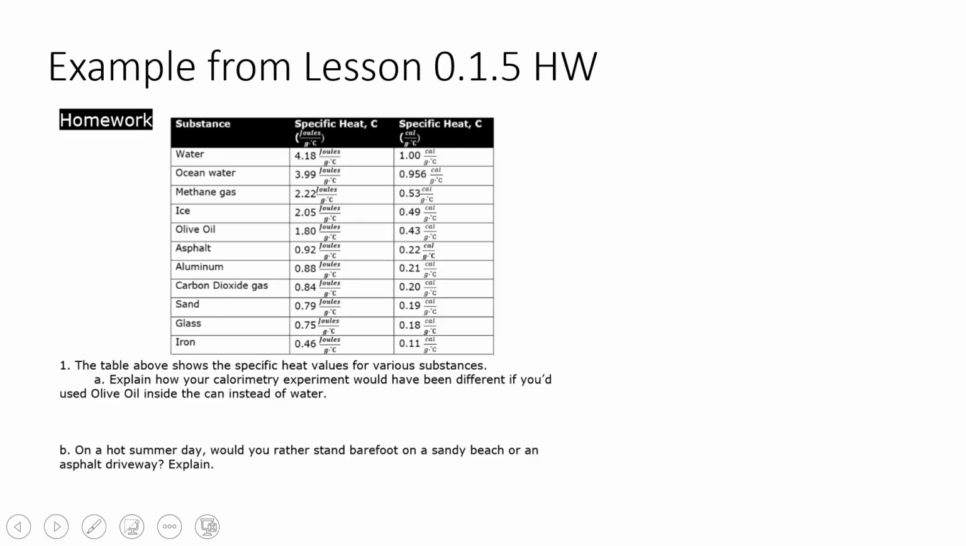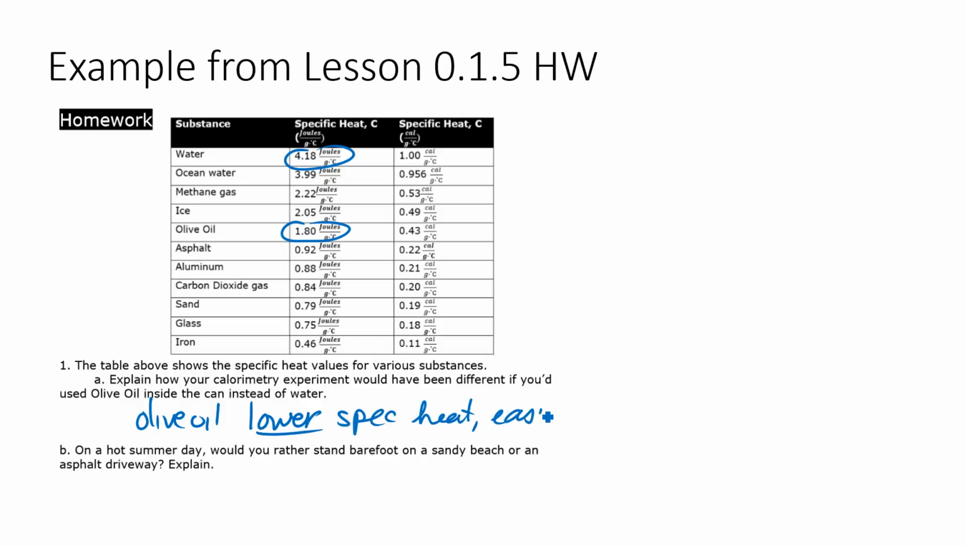So some examples from the homework. This is from lesson 5, and we have this table of various specific heats. Question 1A: explain how your calorimetry experiment would have been different if you'd used olive oil in the can instead of water. So we can see up here, if we compare the specific heats of olive oil versus water, olive oil has a lower specific heat,